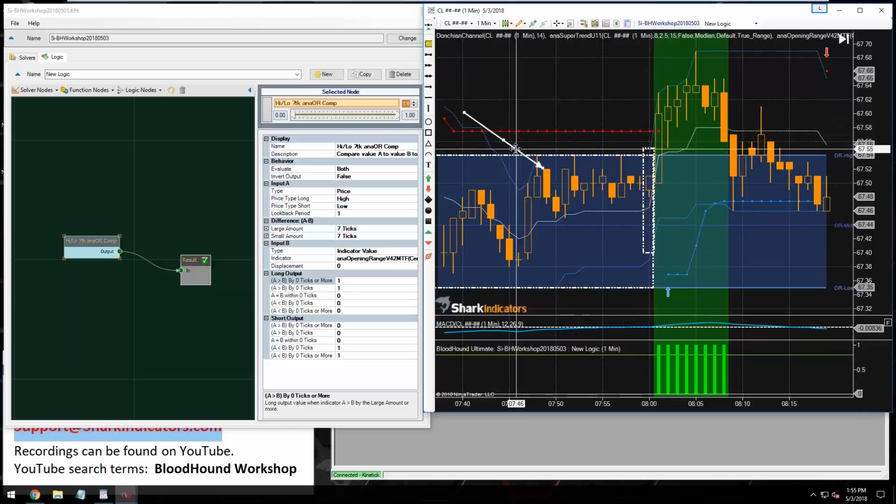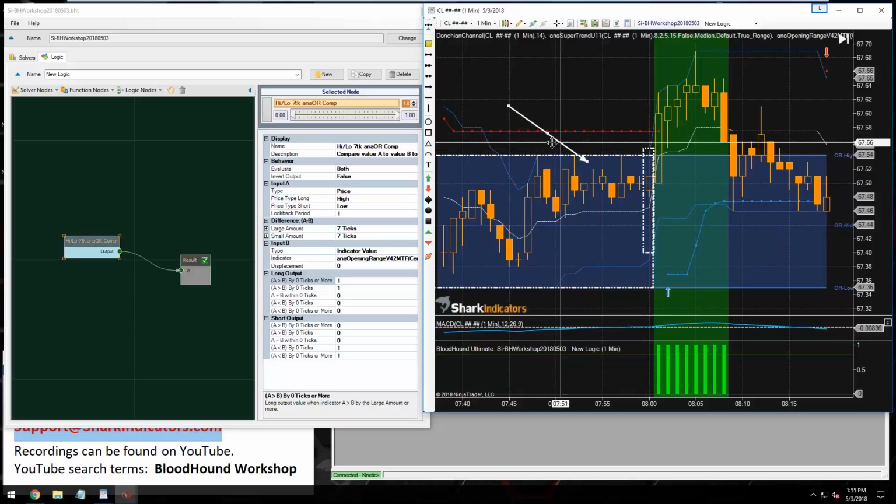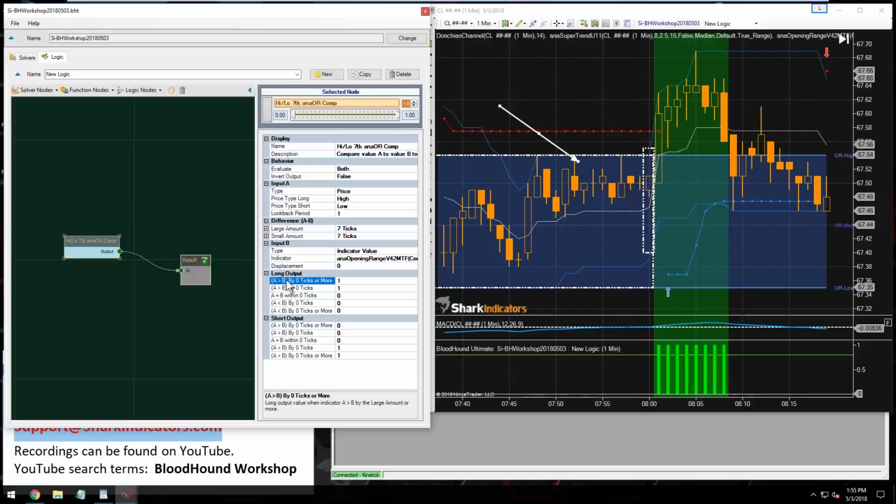But we want to know when this is inside, below it. So instead of using A greater than B, which is the same thing as A above B,